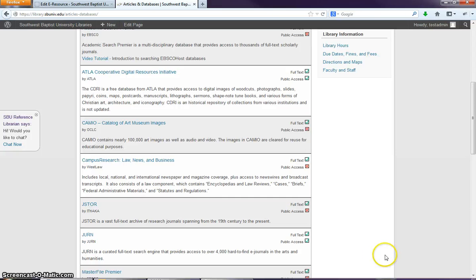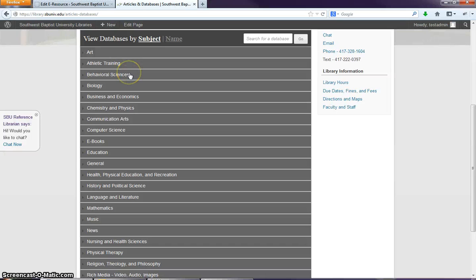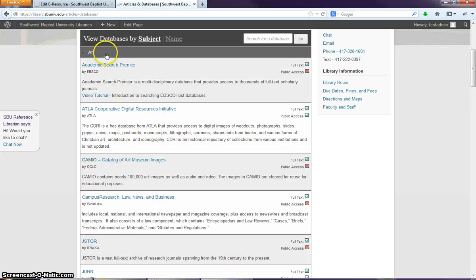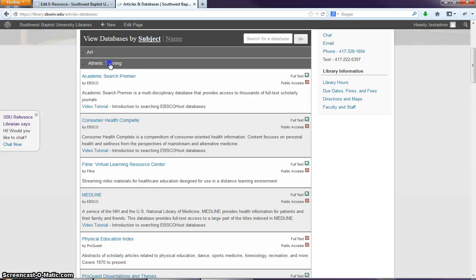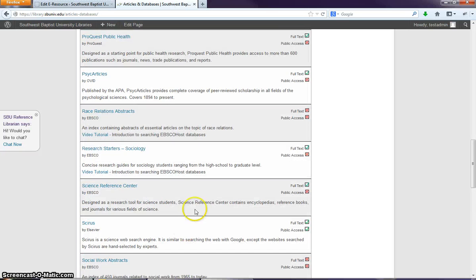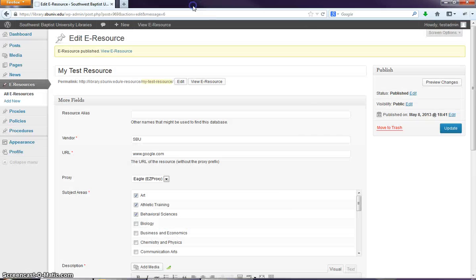So we won't actually see our new resource appearing in this list, but if we come back to it in about 15 minutes or so, the caching process should run, and we would ideally see our new resource in the art menu, in the athletic training menu, and in the behavioral sciences menu, but not in any of the other ones. Sorry, I didn't really have a chance to show what that looks like, but I'm sure you can use your imagination. So that basically is the entire process of adding and editing e-resources and adding and editing news items,